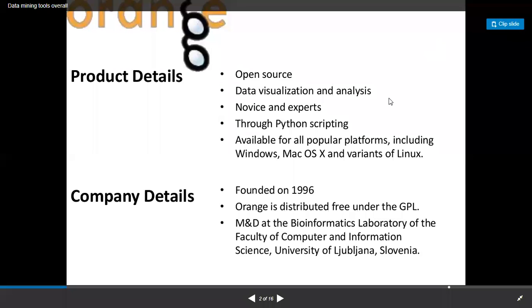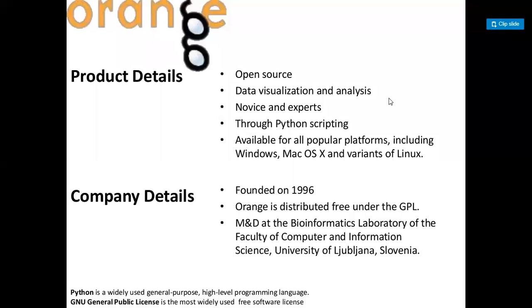Hello student, today we are going to study the various data mining tools that are used in today's world. We shall study it one by one. So there are R tool, Orange tool, Weka and WebMiner, etc. But the following tools we shall discuss one by one. Starting from the Orange data mining tool, I shall give you the brief detail of all these.